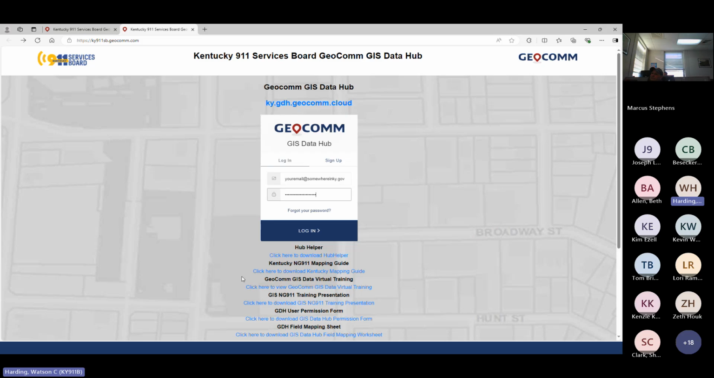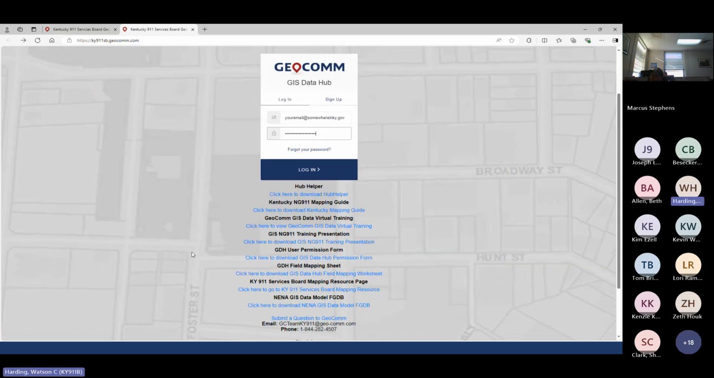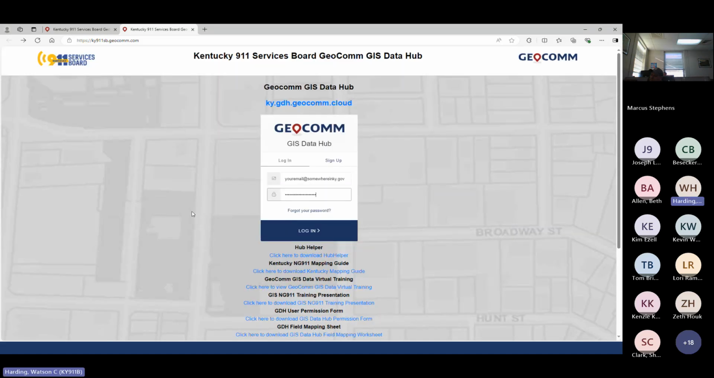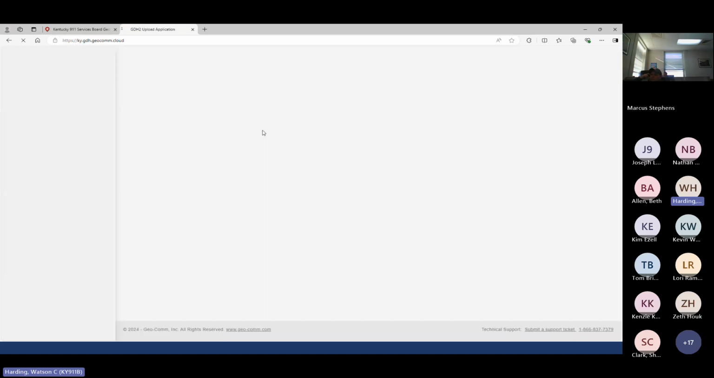Below here is a picture, but this just has some of the prior trainings. As with anything, we try to keep this up to date as best as possible, but things change. For instance, this hub helper tool was a published toolbox from GeoCom that a lot of what it did has been migrated into the browser and kind of runs behind the scenes. So when we get into GIS Data Hub,